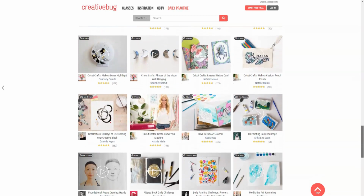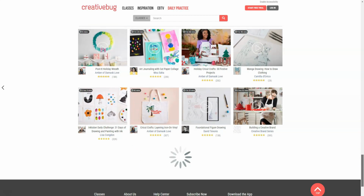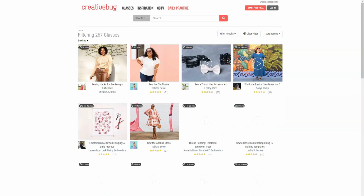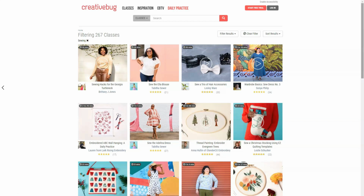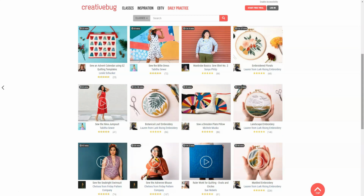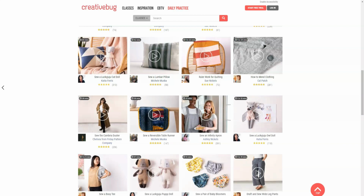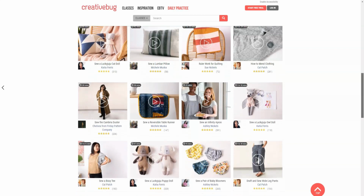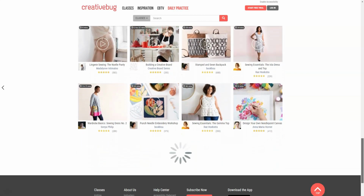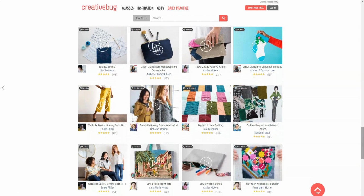What's in the Creative Bug box? The Creative Bug platform includes video player, note-taking and bookmarking capability, downloadable PDFs. Interactivity includes students' projects. Tips to get the most out of Creative Bug: sign up to the free trial, share projects and interact with others. Creative Bug special sauce: the pricing model. I think that pricing model is generous and attractive, and it's hopefully going to pay off for Creative Bug in a large user base. Currently, their pricing is